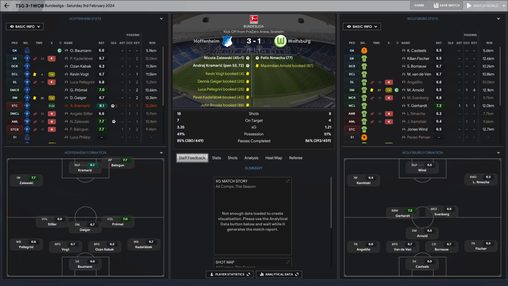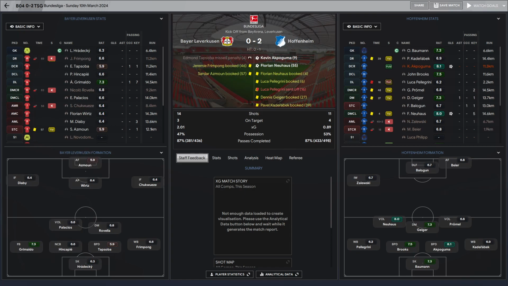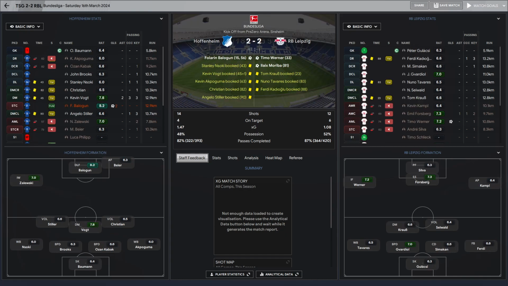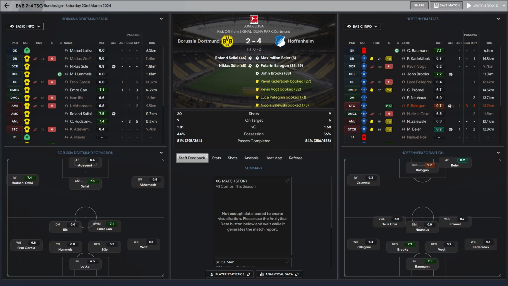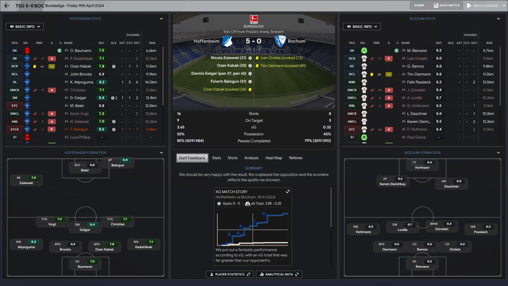We kicked off the second half of the season with a 3-1 victory over Wolfsburg, but then we had a little blip as we lost 2-0 away in Frankfurt. We got back to winning ways though by taking 3 points in Leverkusen, before another 2-2 draw with Leipzig. We were then a bit up and down. A brilliant 4-2 win over Dortmund was followed by a 2-1 loss to Freiburg, and then we had a 5-0